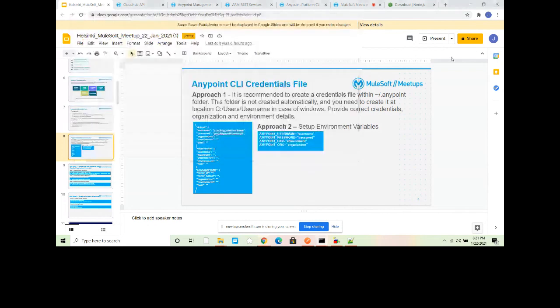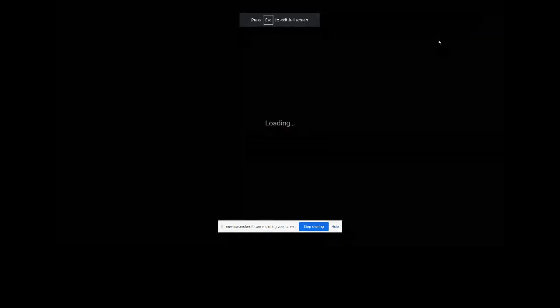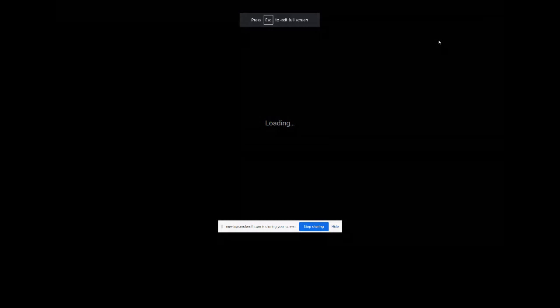Let me go to the next slide. Apart from that, there are various commands, so where can you find the Anypoint CLI commands? If you go to this particular site, Anypoint CLI 3.x, you can go to the list of commands. In the list of commands you will find a lot of commands.